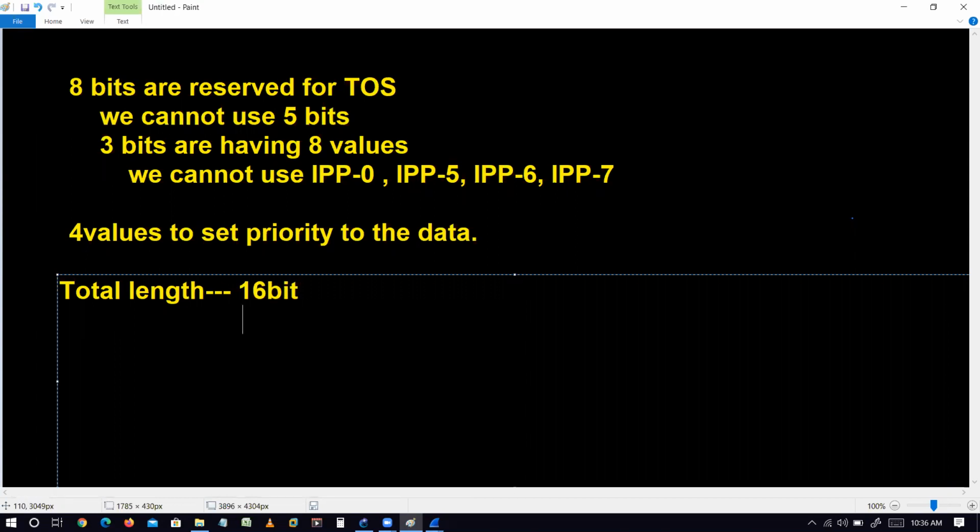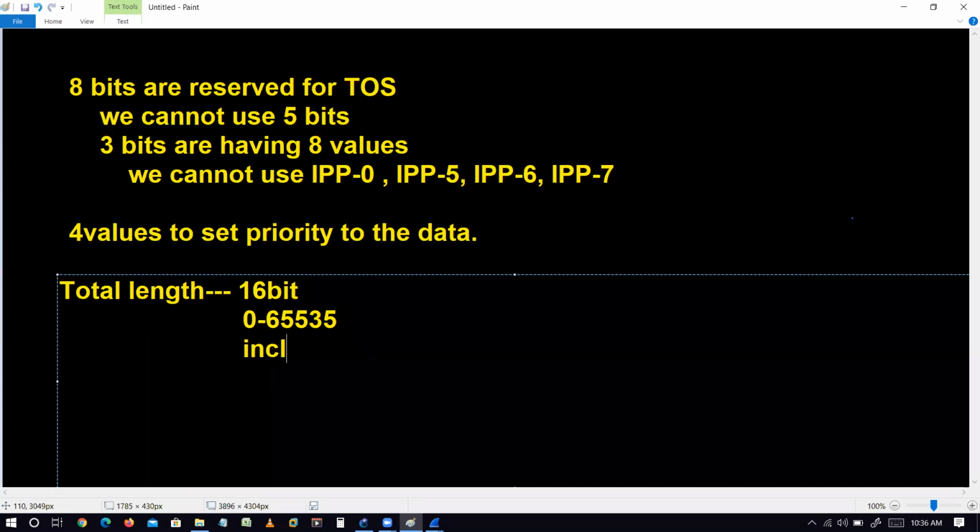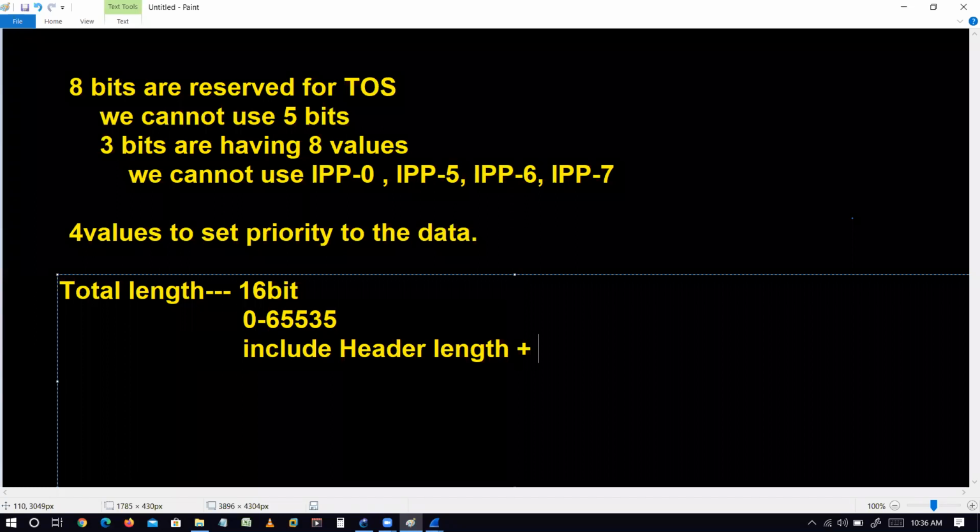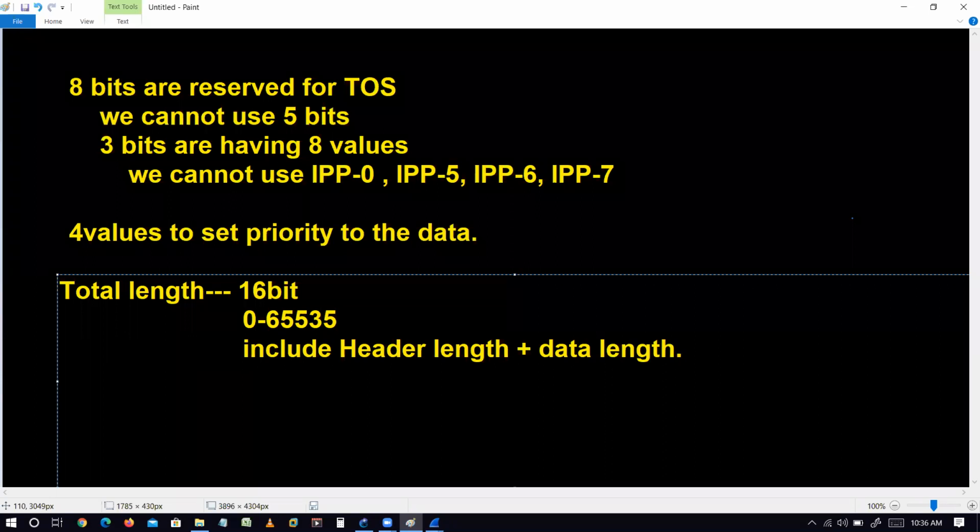It means we can have a value from 0 to 65535, right? And this will include header length and data length. The header length will just include the header length, but the total length will include your header plus your data length. Okay. It is clear, guys?